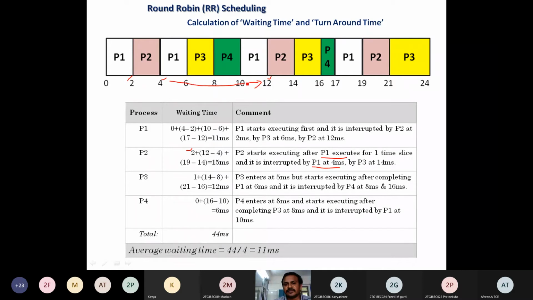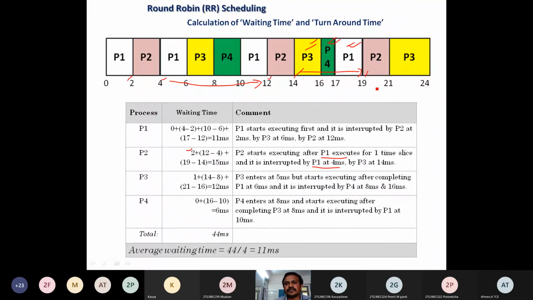For the second iteration, this is the overall waiting time. P1, P3, P4 and P1 have to complete their processes, then P2's turn comes. Not only this, another waiting time is there, you can observe it in the image itself. After it completes the given time slice, once again it has to wait for its turn, when its turn comes after completion of P3, P4 and P1. So how much time is it? 2 milliseconds plus 1 millisecond plus 2 milliseconds, or you may say it is 19 minus 14.